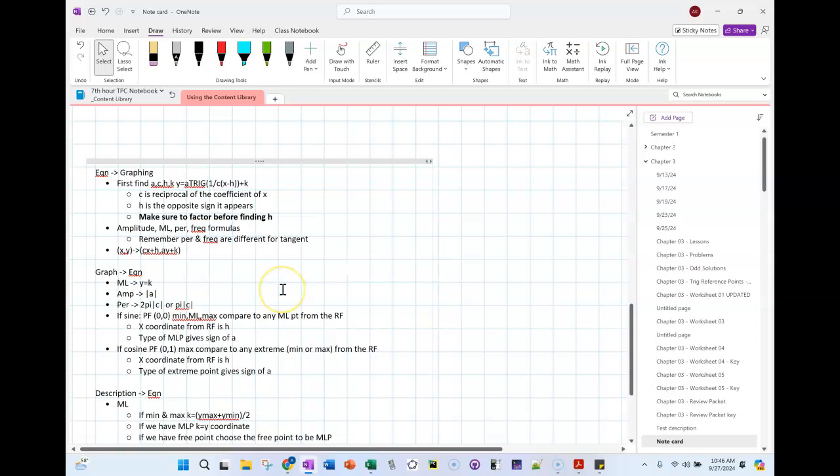And then I wrote some general notes for how to do some of these problems. So if I need to go from an equation to graph, I want to start by,